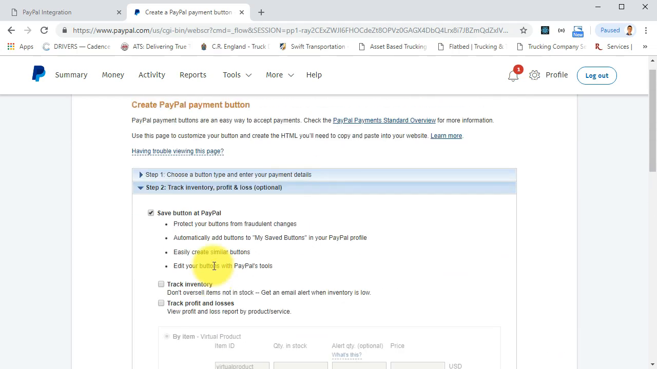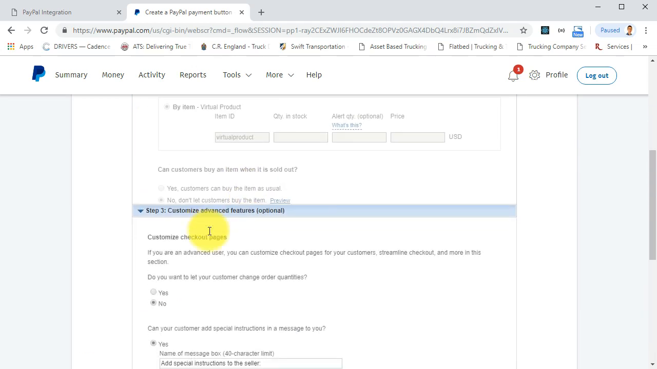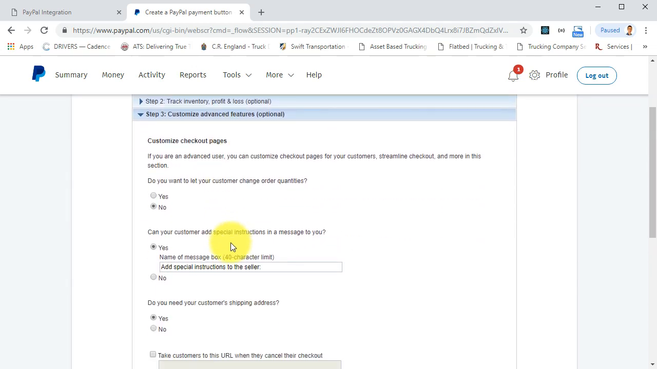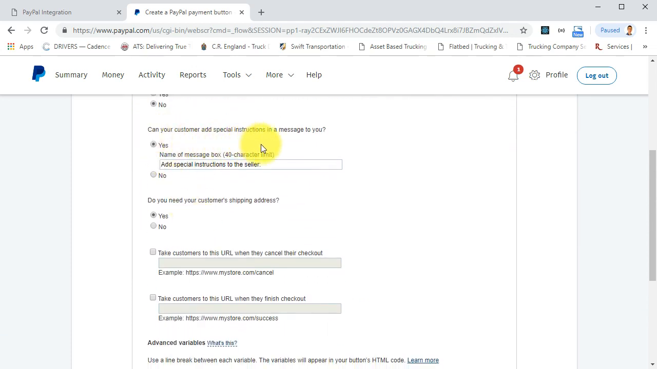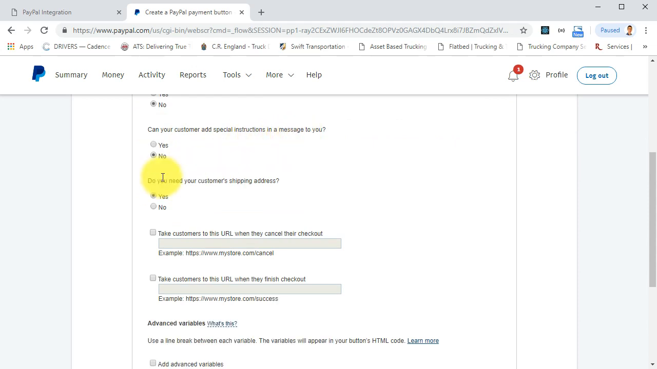On step 2, uncheck the save button at PayPal. On step 3, do you want to let customers change order quantities? No. Can your customer add special instructions on your message? No. Here, do you need your customers' shipping address? No. And then here, wherever we have "take customers to this URL when they cancel their checkout," this is gonna be the